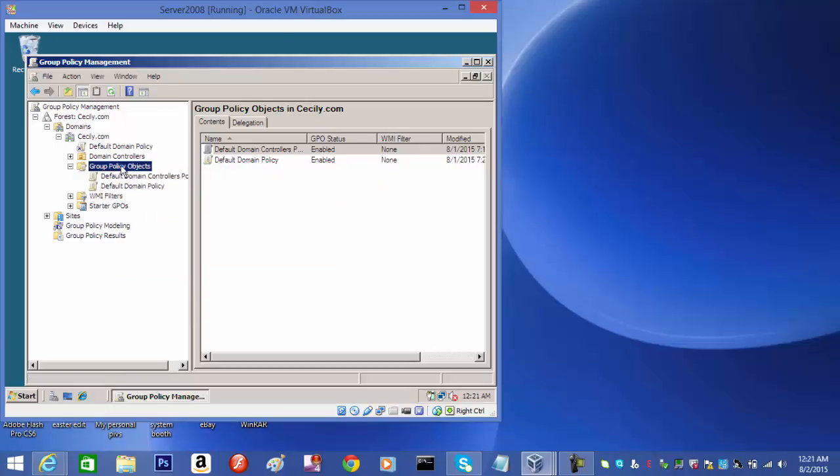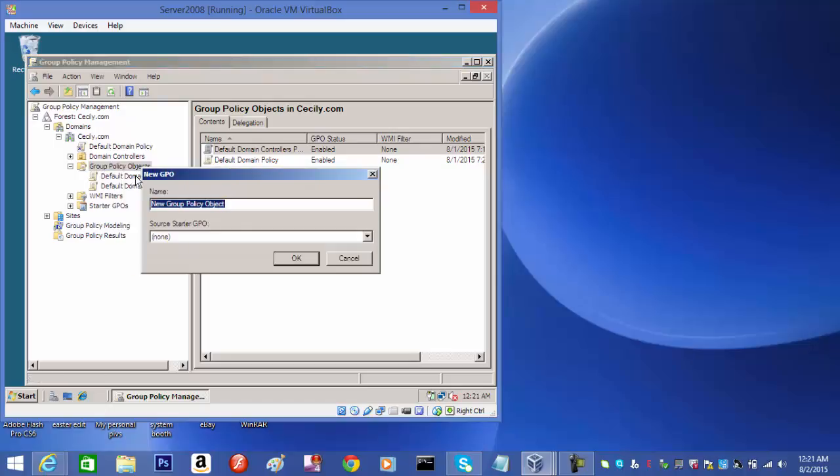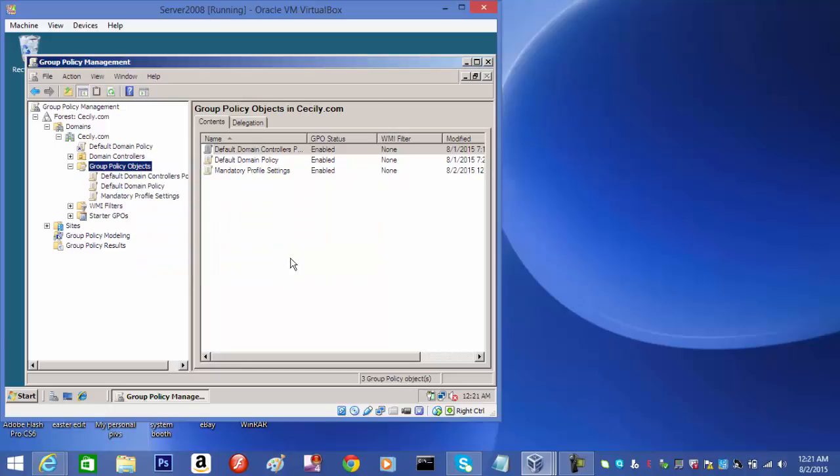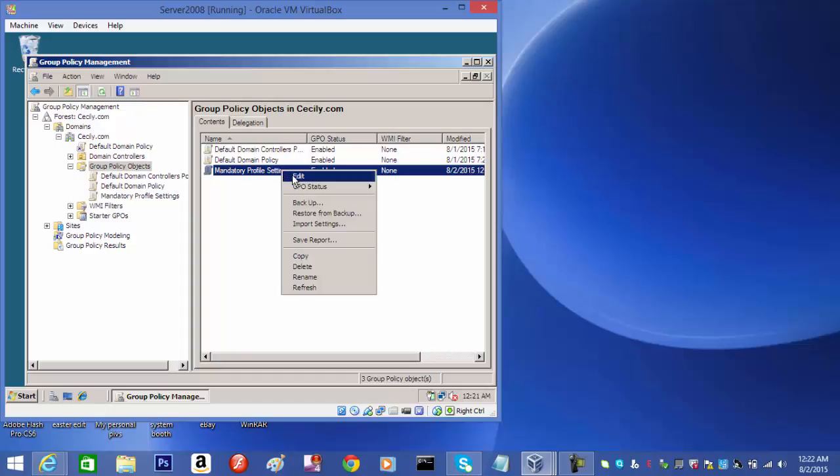So we had group policy objects. We're gonna right click. We're gonna click on new. And let's see, what am I gonna name it? I'm gonna name it mandatory profile settings, and I'm gonna click on OK. Here it is. I'm gonna click on that, right click, edit,